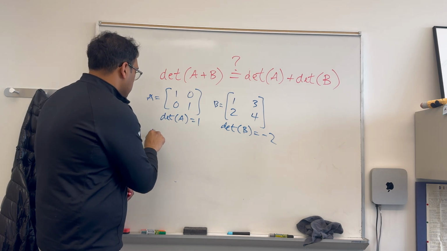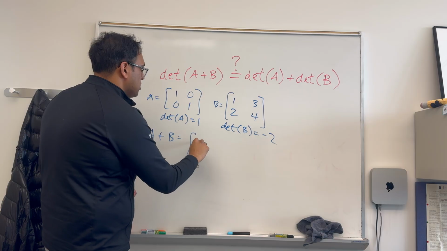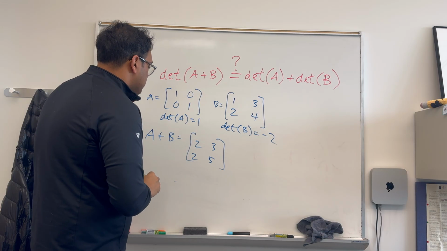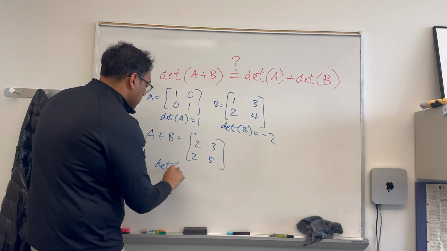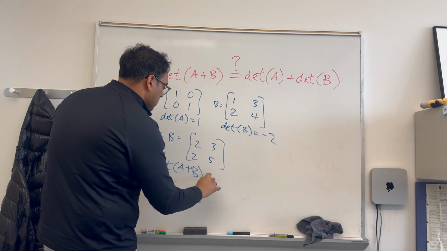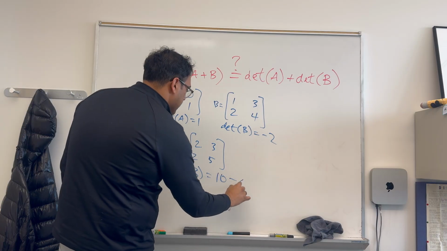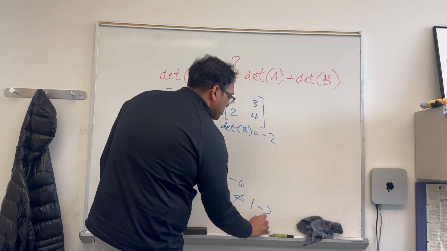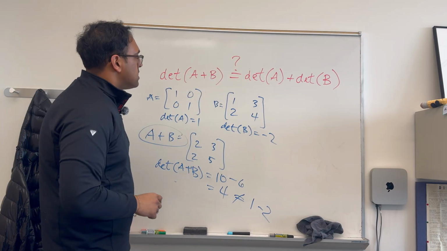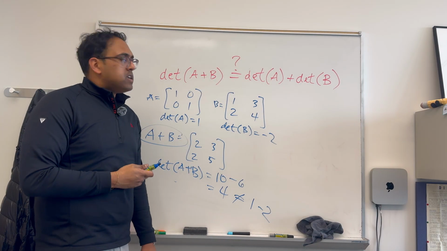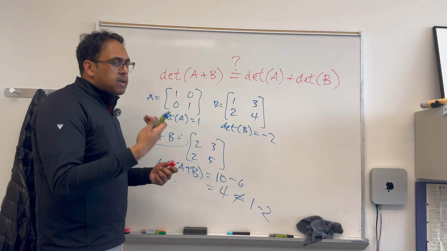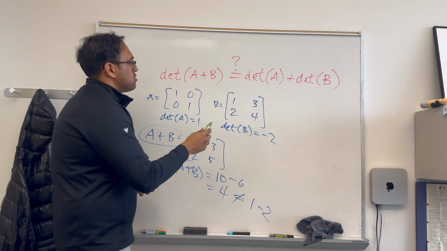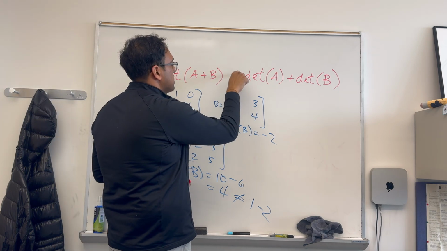Well, let's see. What is A plus B? 2, 3, 2, 5. And what is the determinant here? 10 minus 6, which is 4, which is not 1 minus 2. So in general, it's not true that adding two matrices makes a matrix whose determinant is the sum of the original two determinants. So in general, this is not